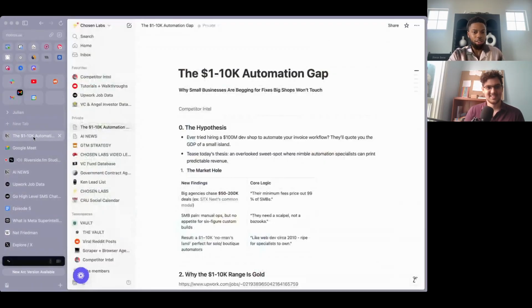Here we go. We love Notion, but essentially there's a crazy thing going on right now where there's a huge gap in the market where deal sizes between,